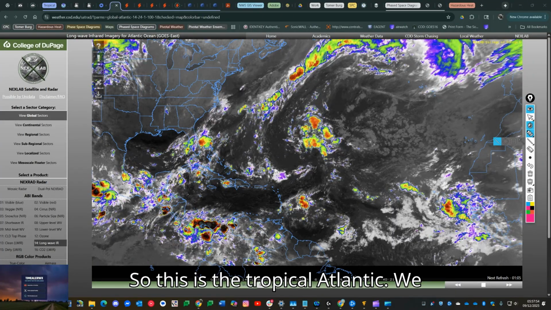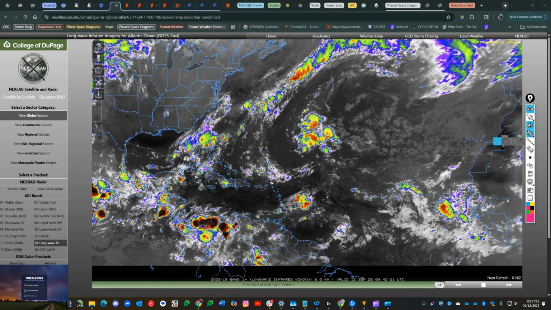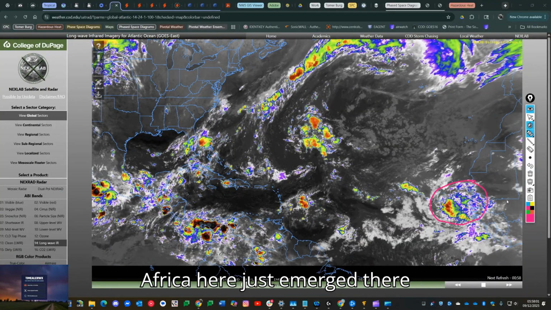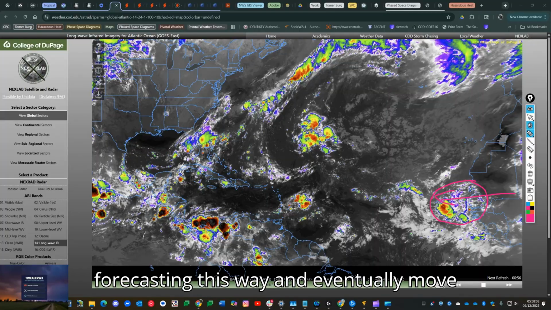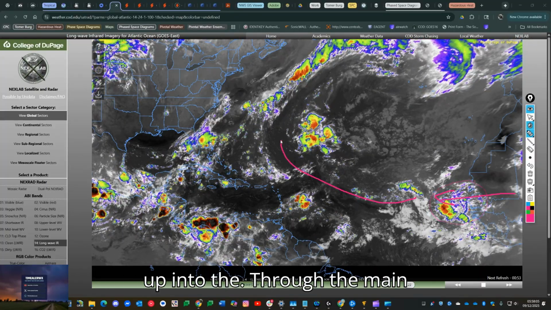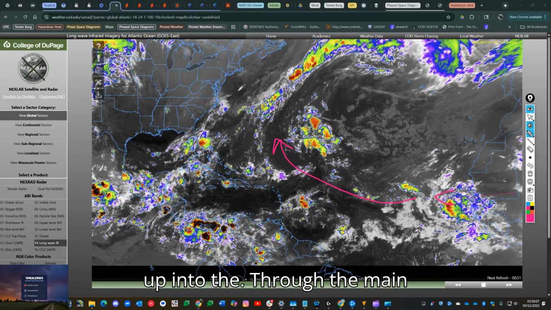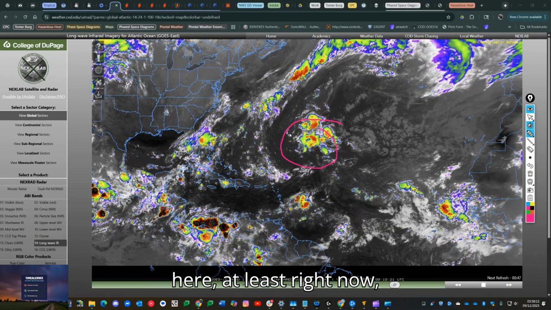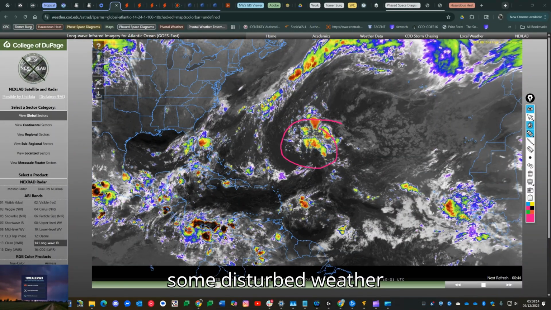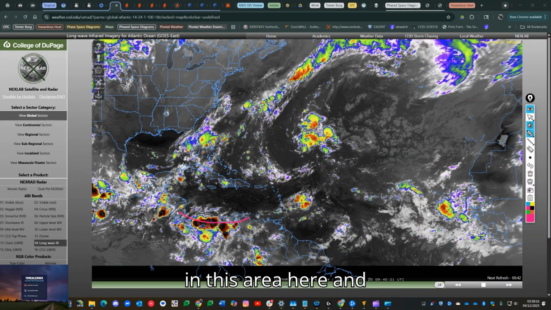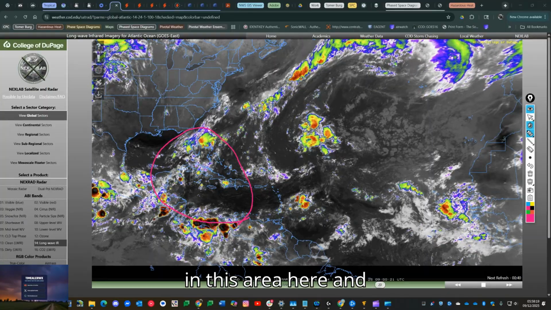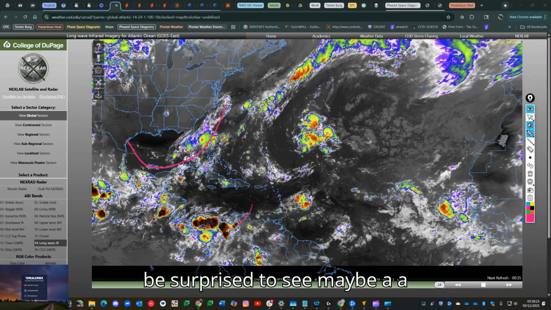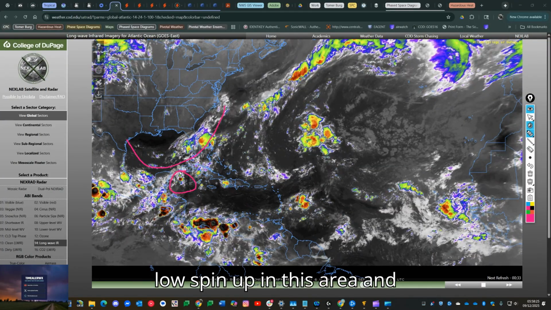This is the tropical Atlantic. We have a tropical disturbance off the coast of Africa here, just emerged there. Forecast to move this way and eventually move up through the main development region, up into this area here, at least right now. Some disturbed weather in this area here. And with this trough digging in here, I wouldn't be surprised to see maybe a low spin up in this